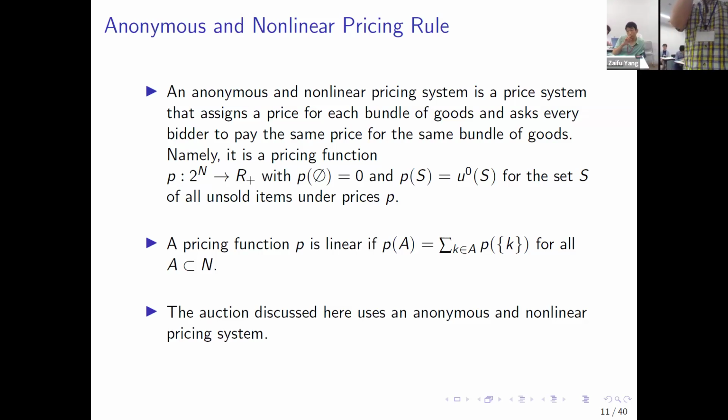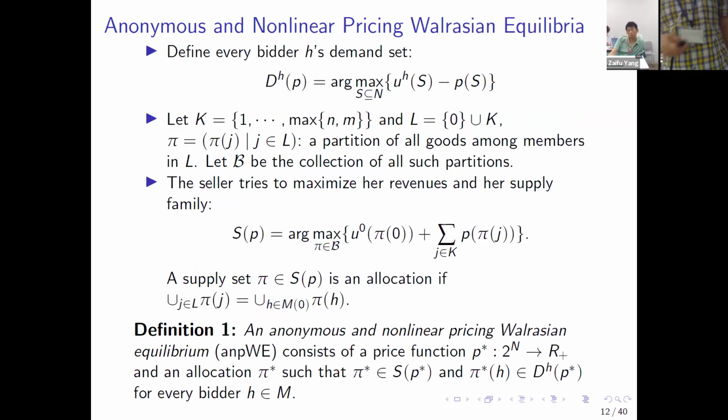So here in this auction, we will show that actually there exists an anonymous nonlinear pricing system to support efficient allocations. Okay, so let's look at the demand of every bidder. So this is a standard one, but now the price is not additive anymore. Just for any bundle, you have a price. Now we need to think about what will be the business strategy of